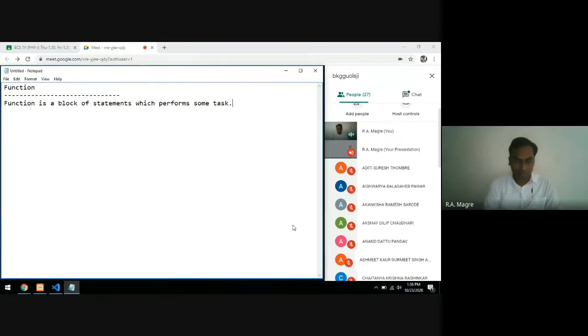Now there are some types of function, and basically there are two types of function. Number one is built-in function, and number two is user-defined function.